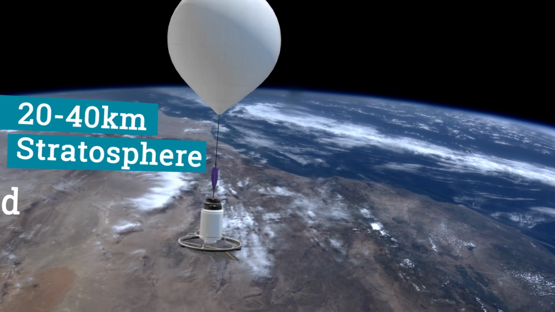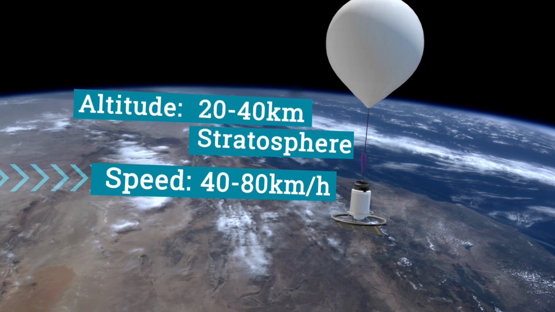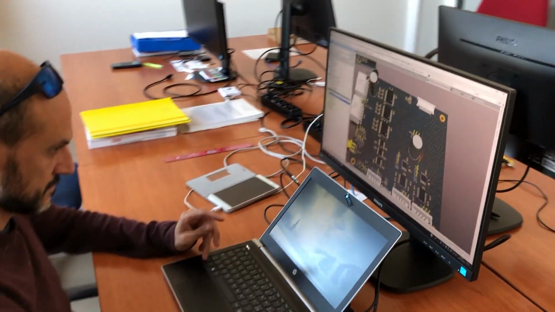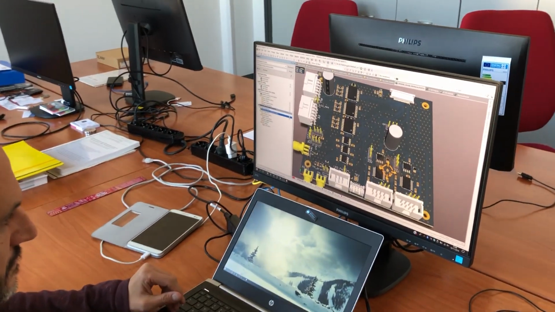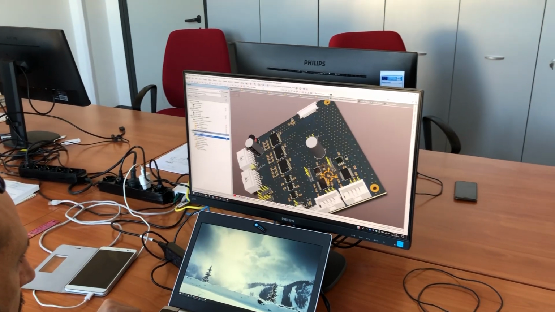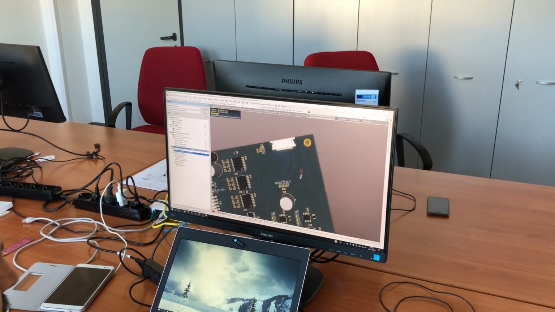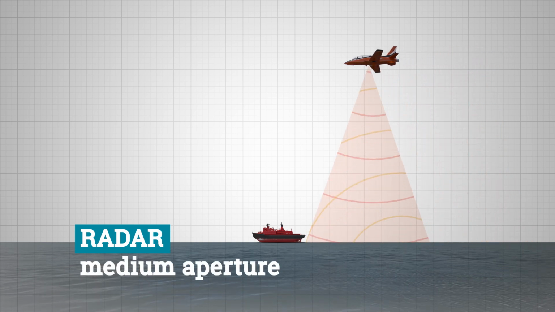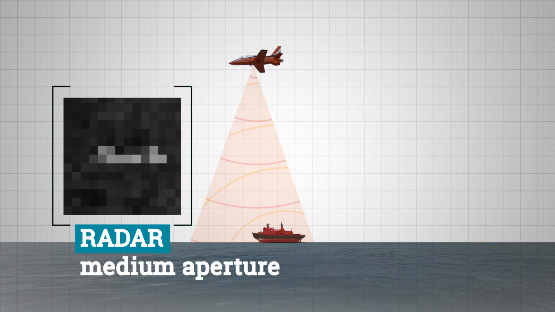We, in collaboration with the University of Pisa, are using our extensive expertise in satellite building, high-altitude balloon launches, and radar systems to develop a cheap, rapidly deployable alternative to these two options. Central to our solution is a synthetic aperture radar, or SAR, system that is being developed by our colleagues at the University of Pisa. Standard radar uses the reflections of radio waves or microwaves to generate an image of the